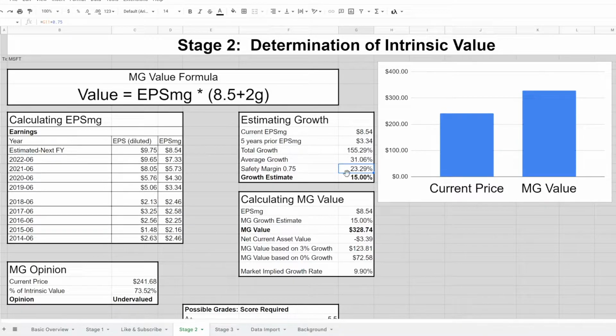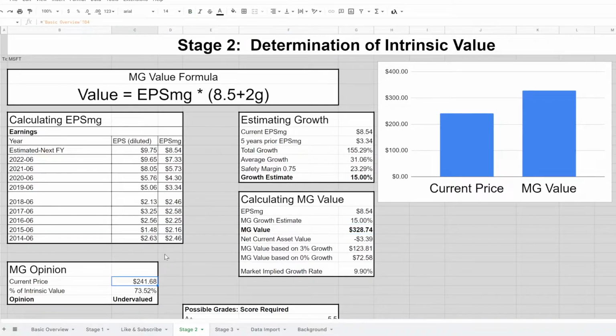We get to 23%. That's still higher than my upper limit for growth because we're assuming the growth in perpetuity. And I don't think any company, no matter what the company is, can grow more than 15% in perpetuity forever. That just can't happen. So we have a limit of 15%. And plugging that in here, we get a value of